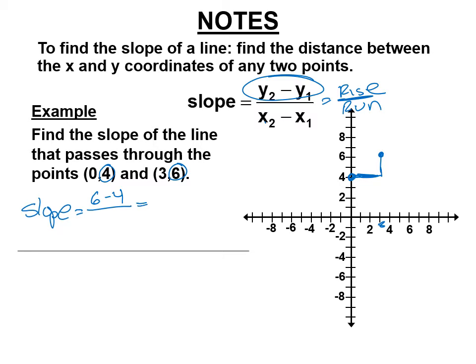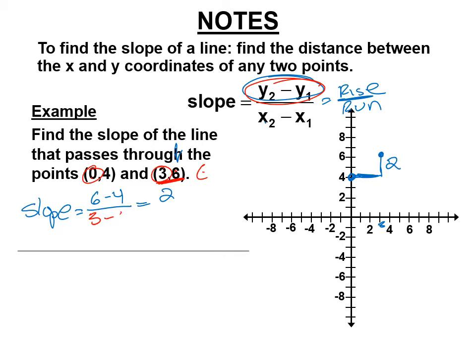And so we're going to get a rise of 2. The rise here is 2. Now, because I started with the 6, you must start with the 3 on the bottom for the run. Whichever point goes first, I made this basically the 2, and I made this one the 1. So whatever you start with on the top, you have to start with on the bottom. So I started with 6 on the top, I have to start with 3 on the bottom, and now I